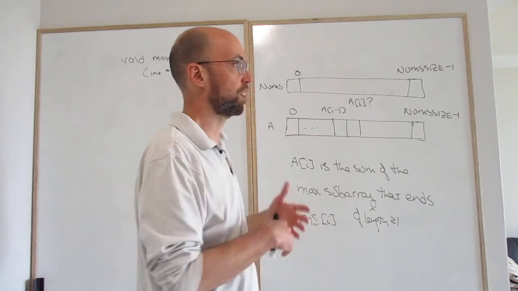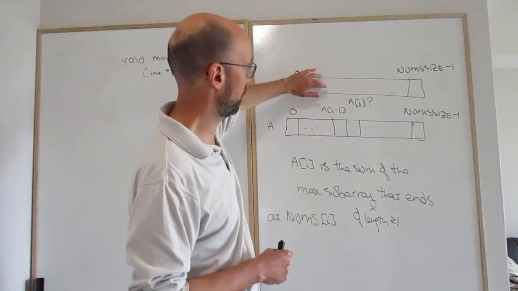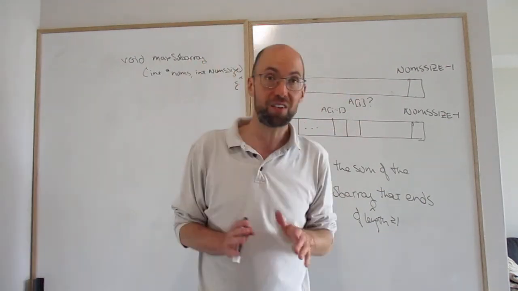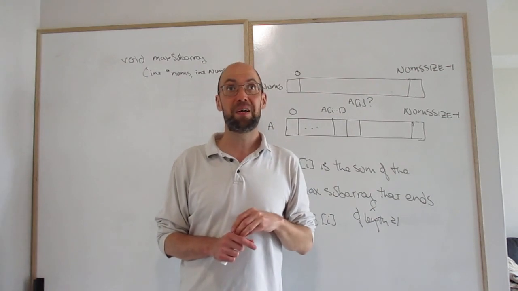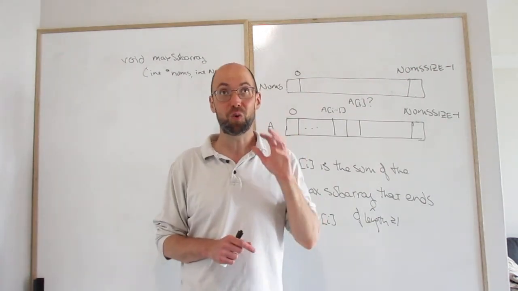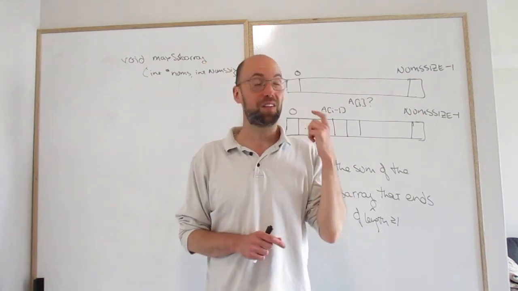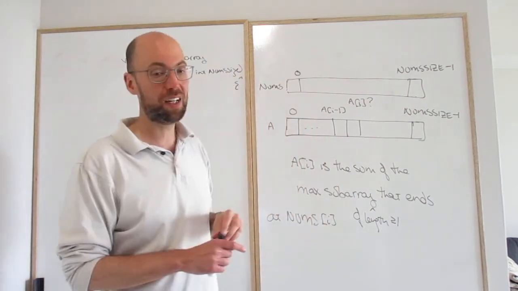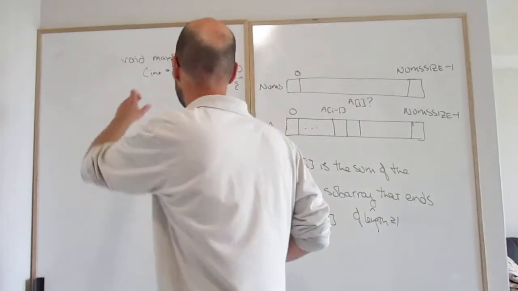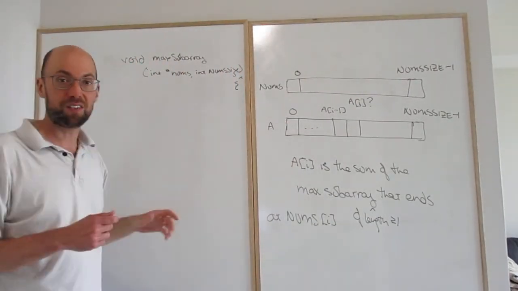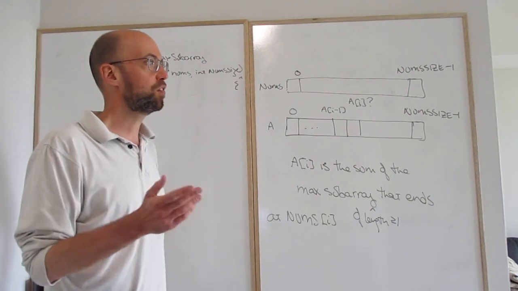If you want to return the contents of the max subarray, then yes, you better keep this lying around. But in general, unless somebody has told you otherwise, you actually get to use the space for the nums array, because remember, it's being passed as a pointer, which means you've all seen this call by